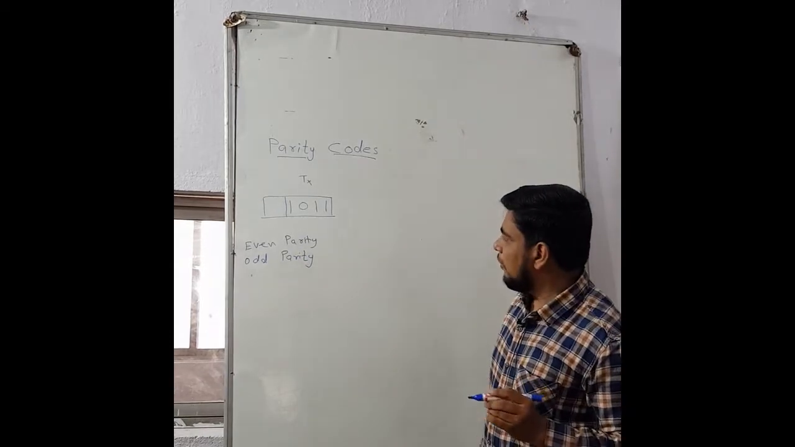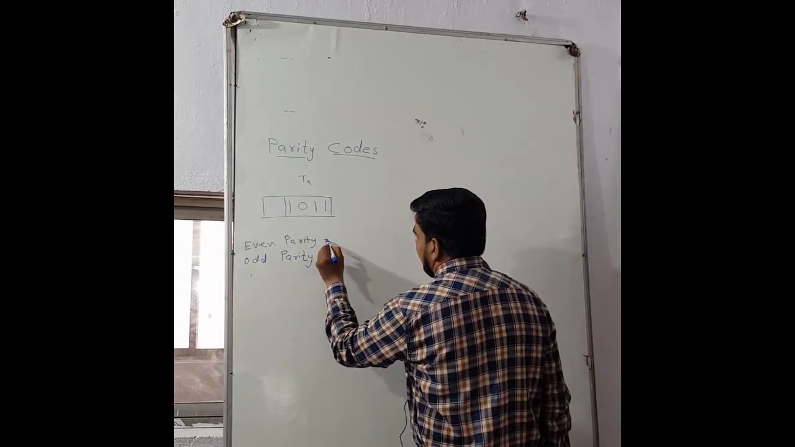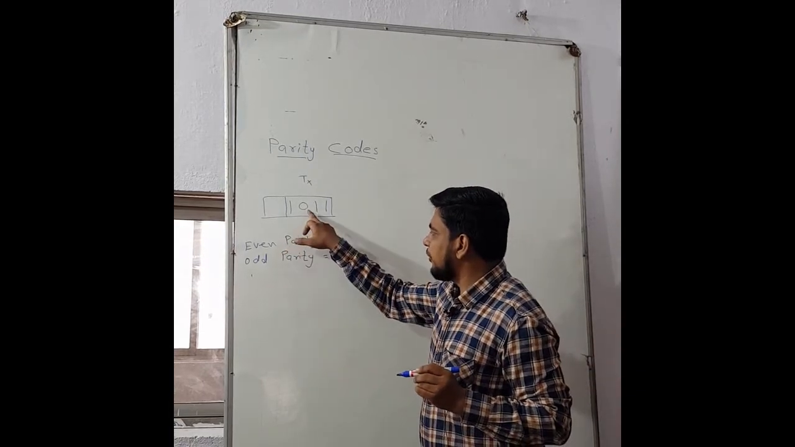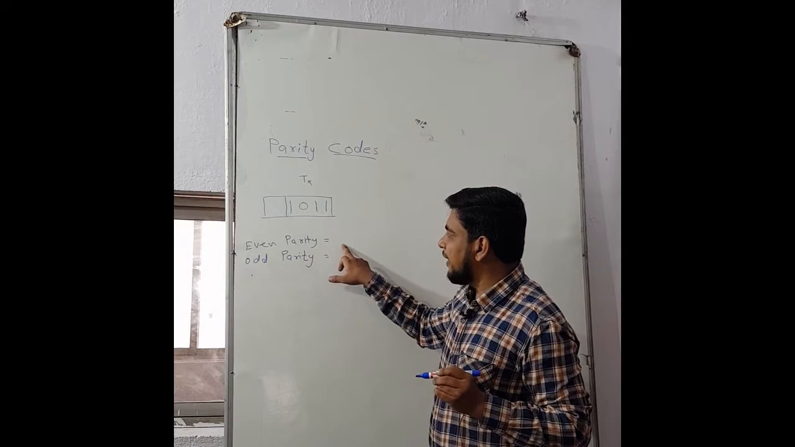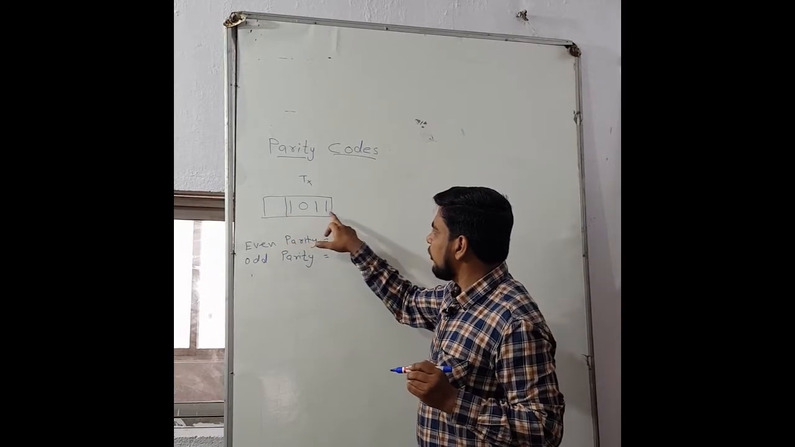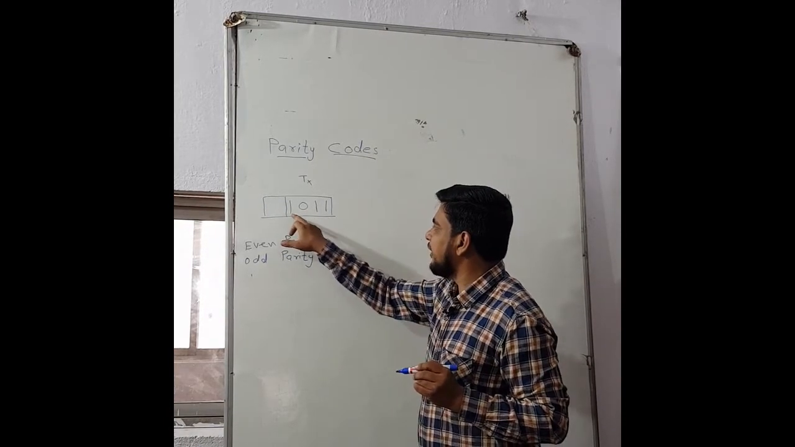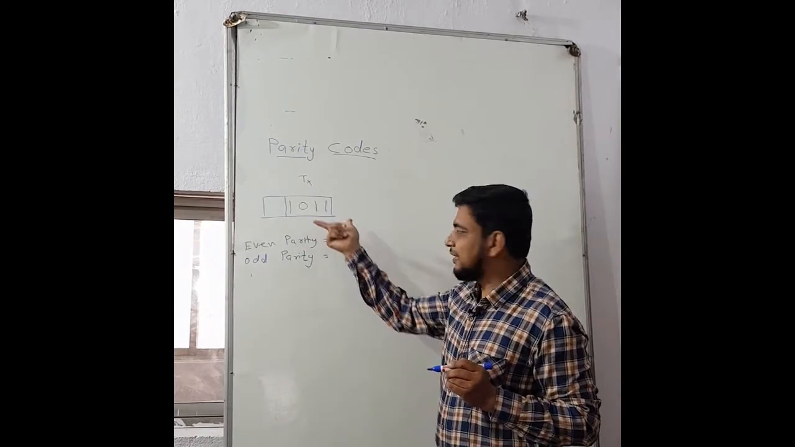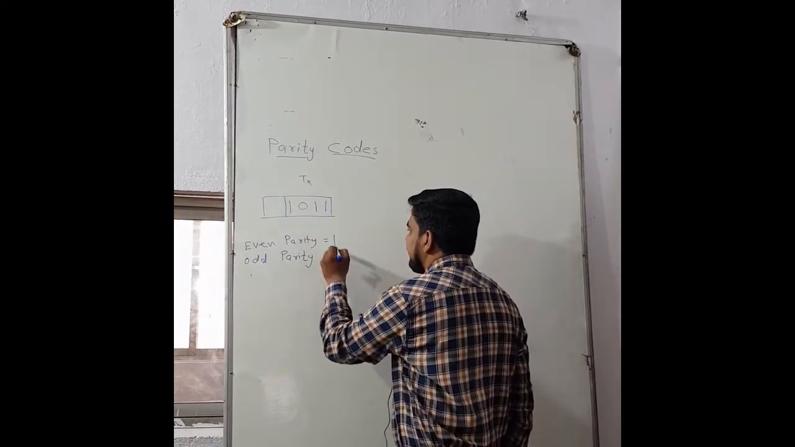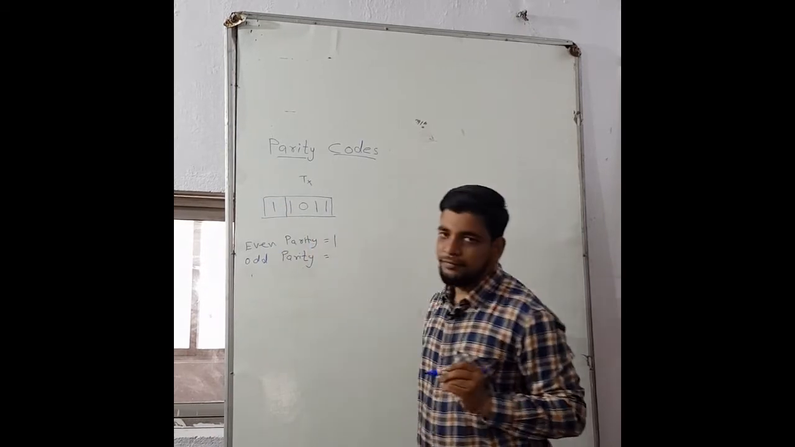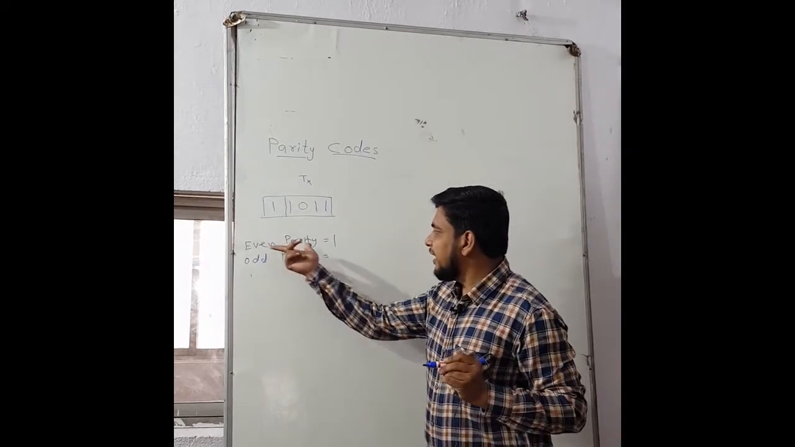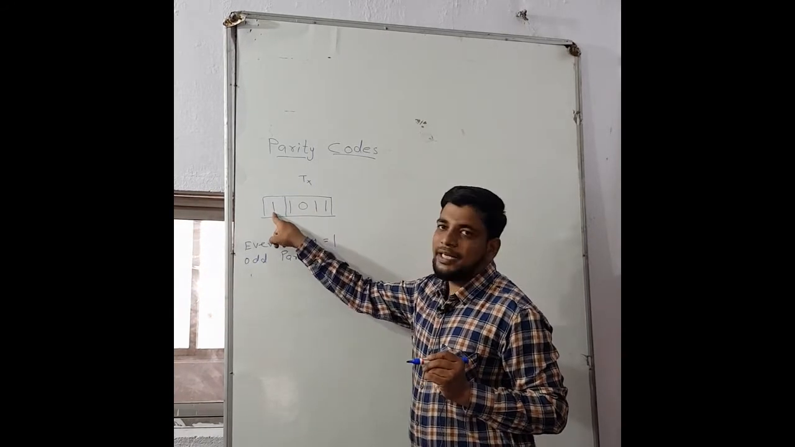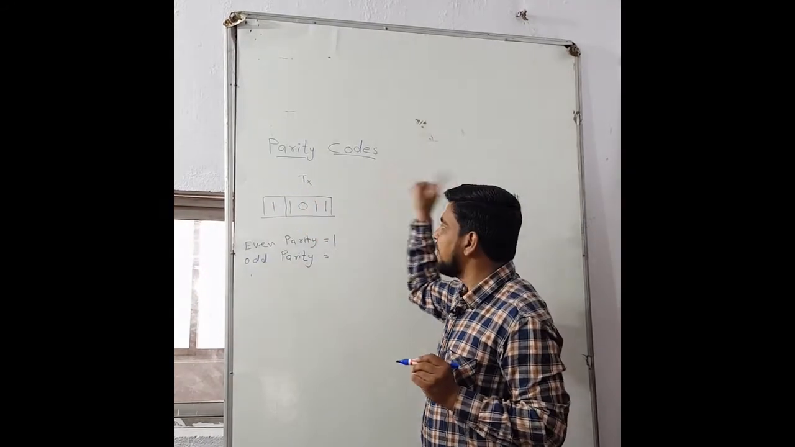Even parity or odd parity. Suppose I am considering an even parity for this input information. So what should be the even parity bit? Here in the input information there are 3 ones, 1, 2, 3, which means there is an odd number of ones. So the even parity bit should be 1. When I am considering even parity, then for this information 1 should be encapsulated with this information and transmitted